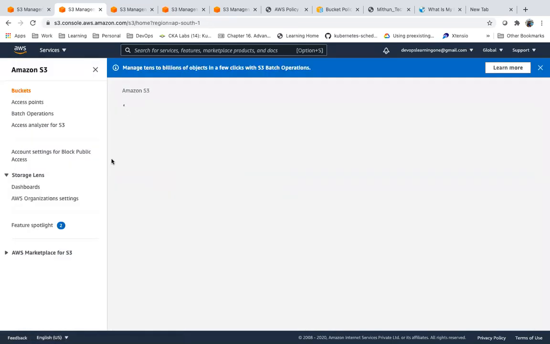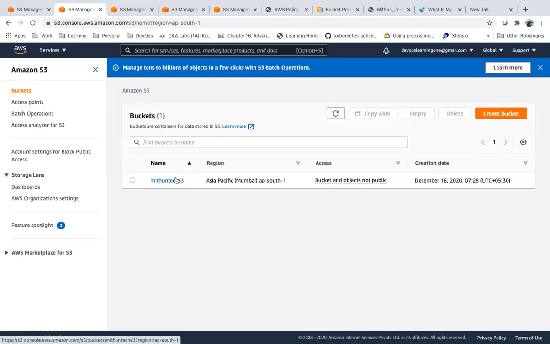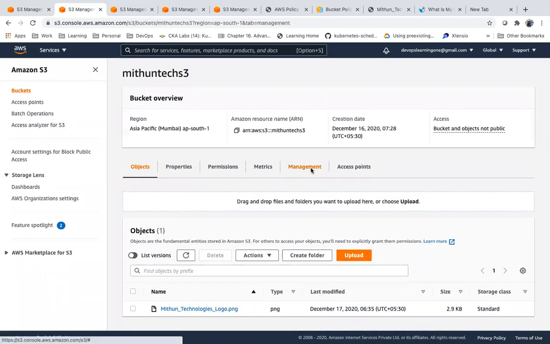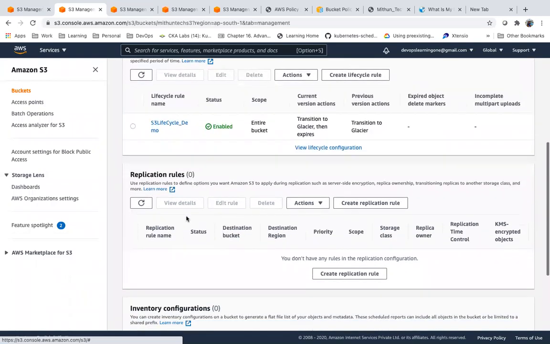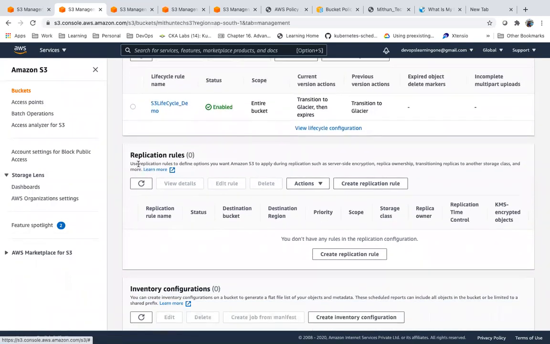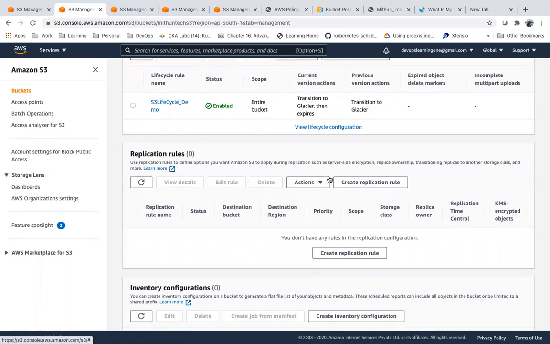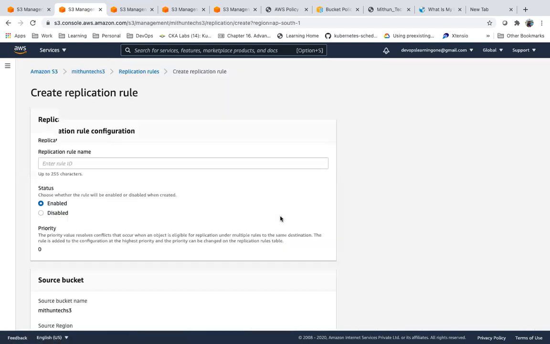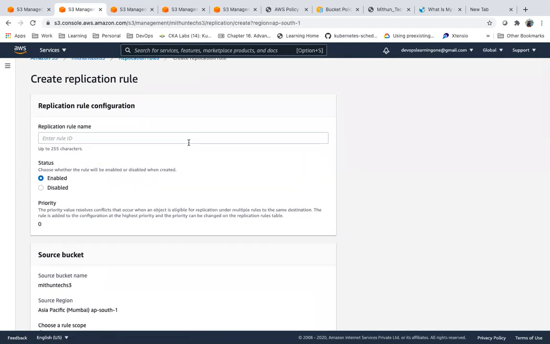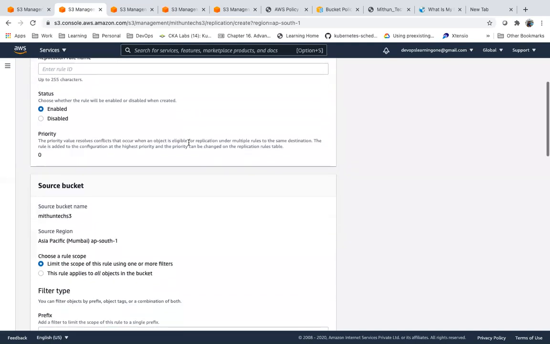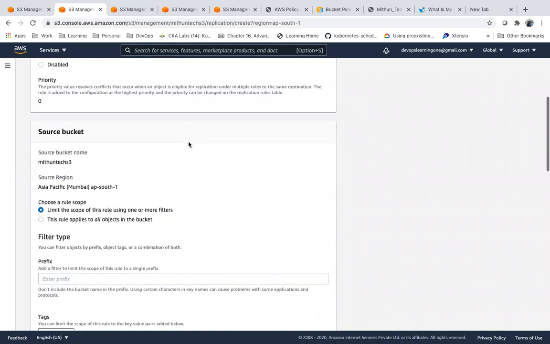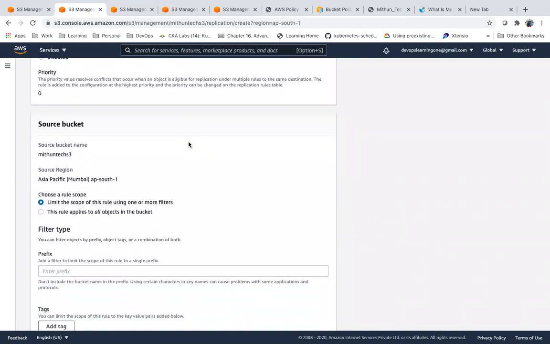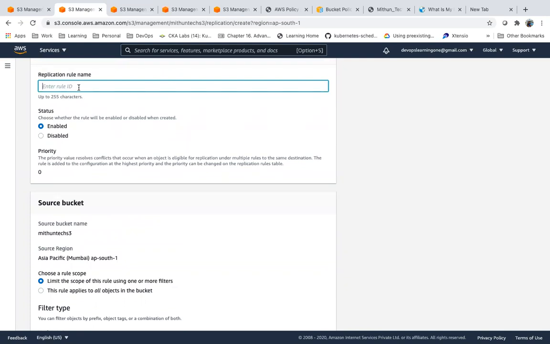This is my S3 bucket. So what will happen? This bucket will be replicated or duplicated. Multiple replicas of your data, your bucket, right? So now something like this, I can give something.